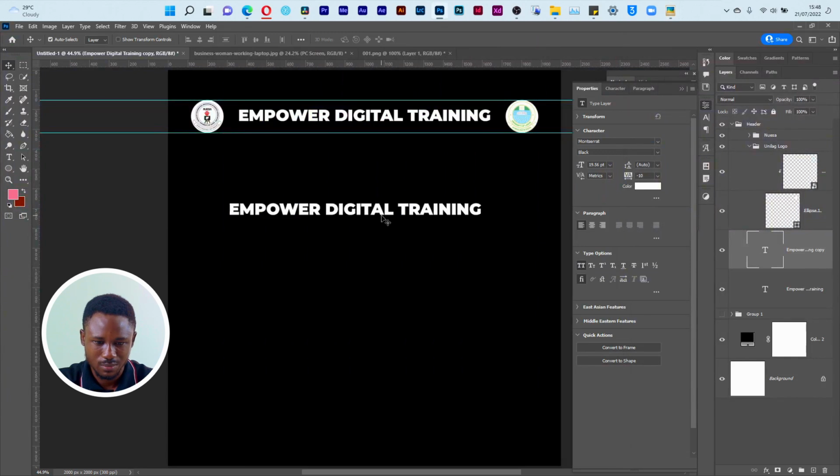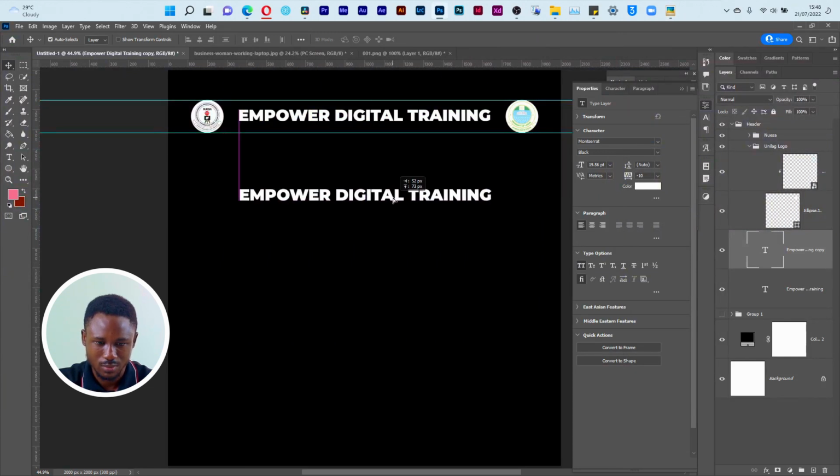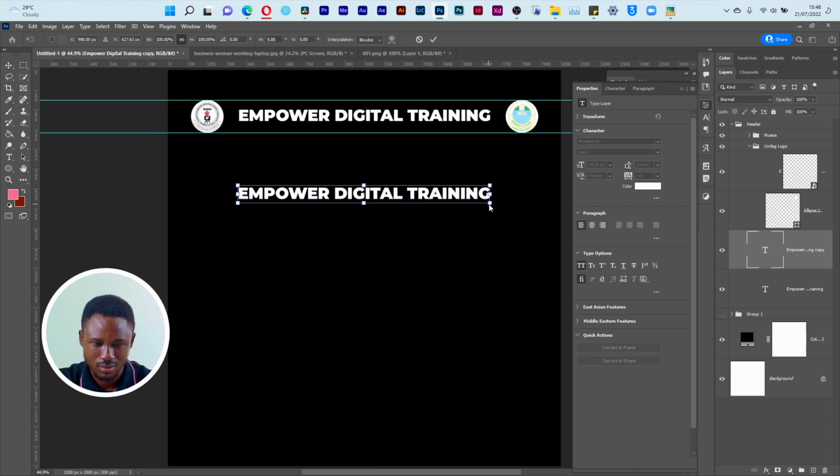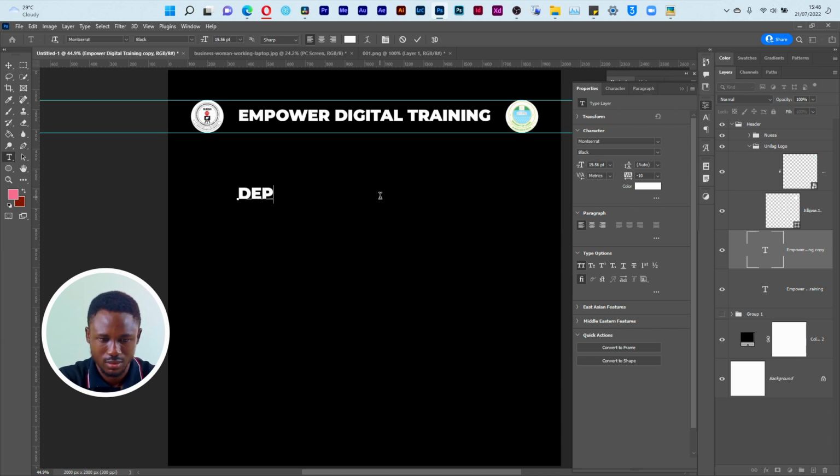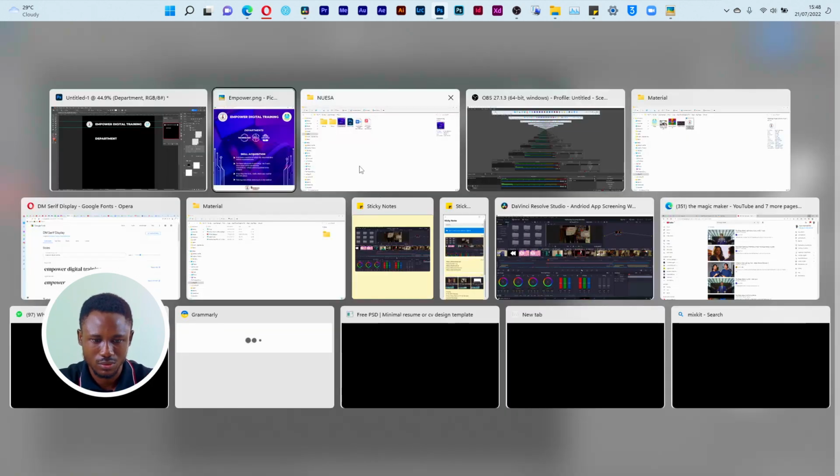So the next thing is department. Okay, now it's in the center. Ctrl T. Should we make it smaller? Not yet. Let's change the text. Department. Now back to